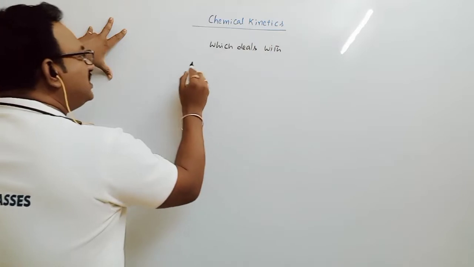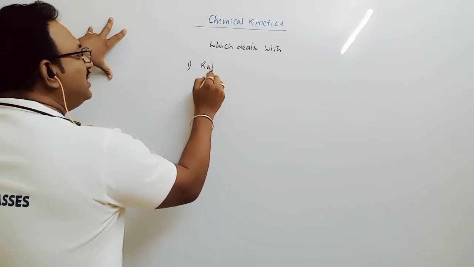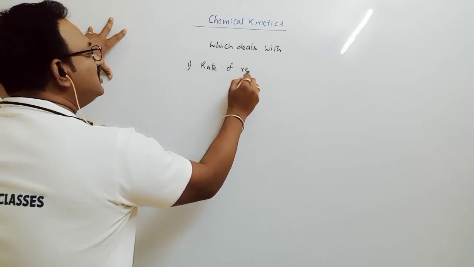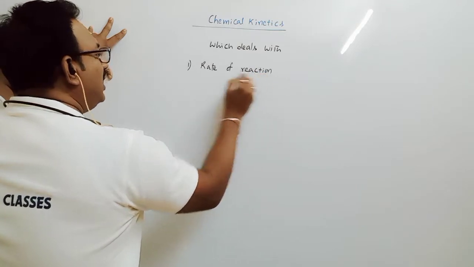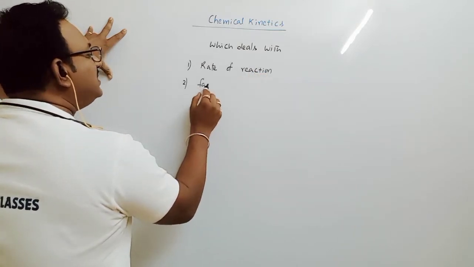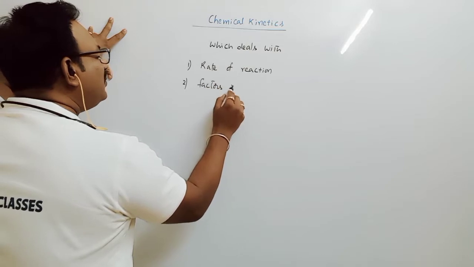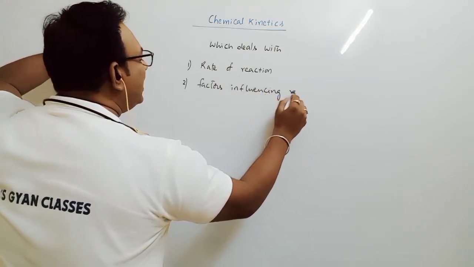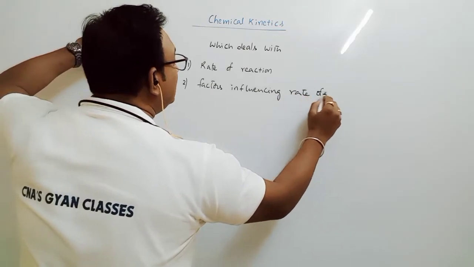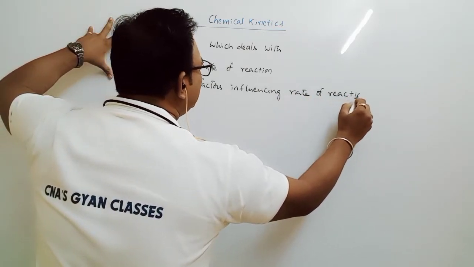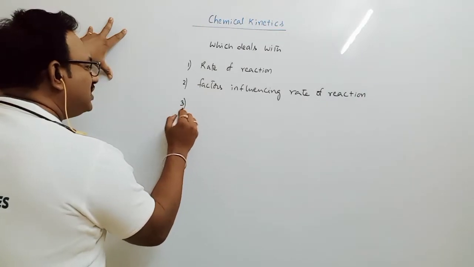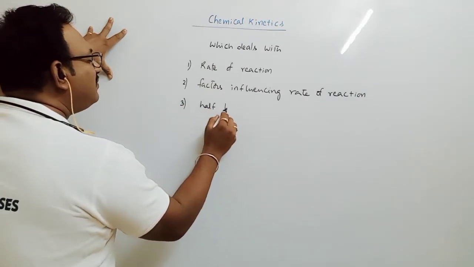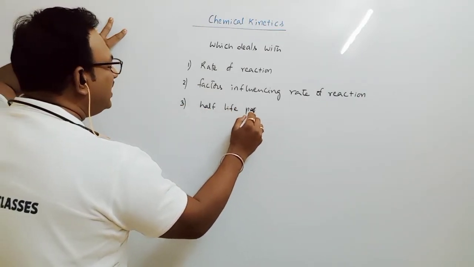The first and important thing is the rate of reaction, and the second one, factors influencing rate of reaction, third one, half life period of a reaction,